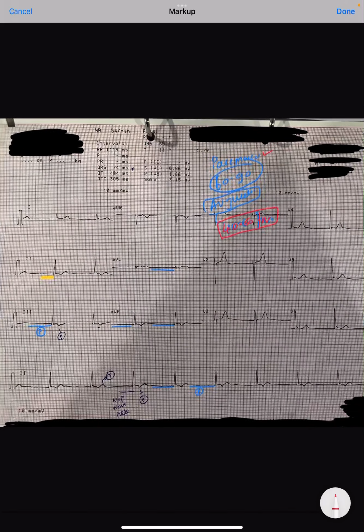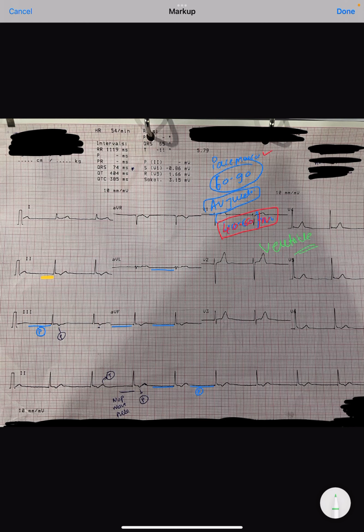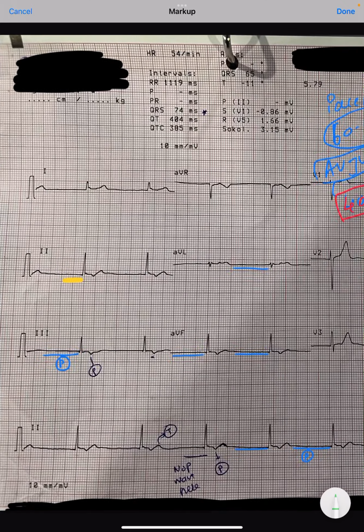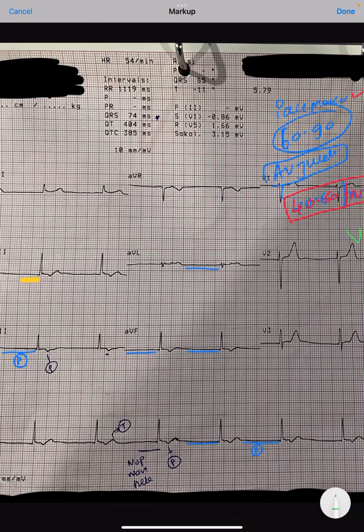And when this junction also fails to initiate a rhythm, then at that time the ventricles start contracting on their own, and that rate is around 40 per minute, which is seen in complete heart block. So in this scenario, the P wave is not at all there, and QRS complexes are there. Now, it has to be either AV junctional rhythm or ventricular rhythm, because the P wave is not there. So in this scenario, this AV nodal junctional rhythm is always present at a rate of 40 to 60,